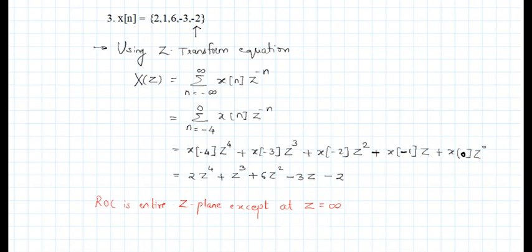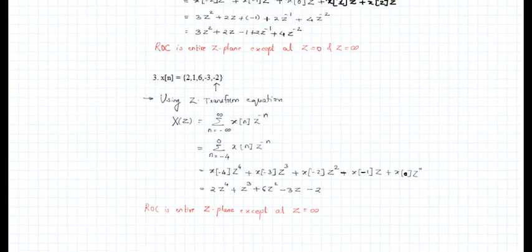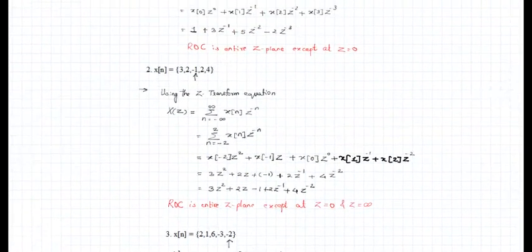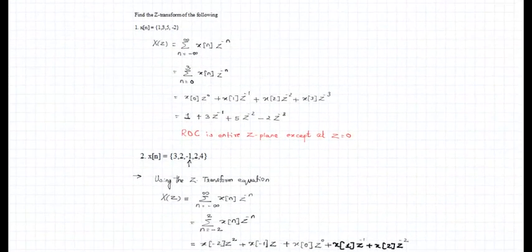Before we move ahead with a few more examples on Z transform, let us have a close analysis of these three particular problems of discrete time signals. In the first case we observed that the signal was entirely right-handed. All the samples are on the right-hand side. When the samples are on the right-hand side, we observe that the Z transform has a sequence of all the Z values with negative powers of Z.